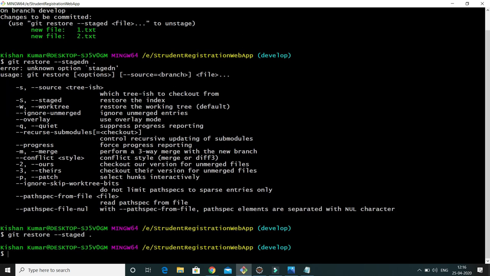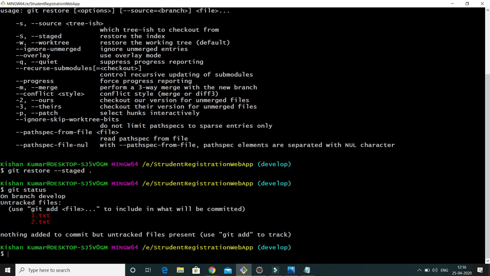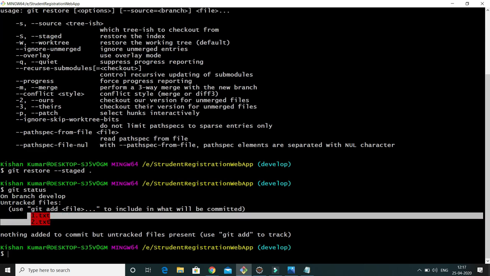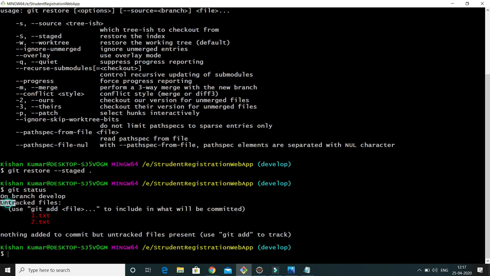Now if I do git status, you can see these files have been removed from the staging area, but they are available in the working tree. That's why this is showing as untracked files.